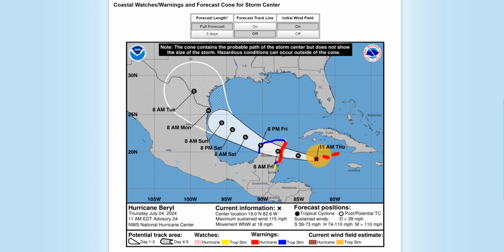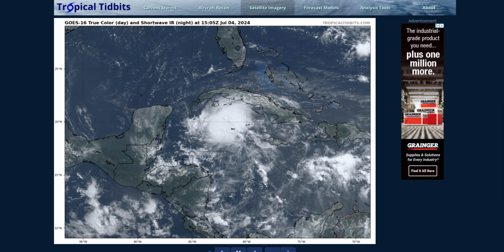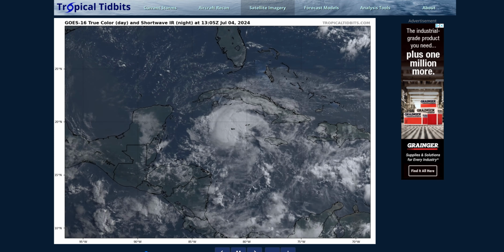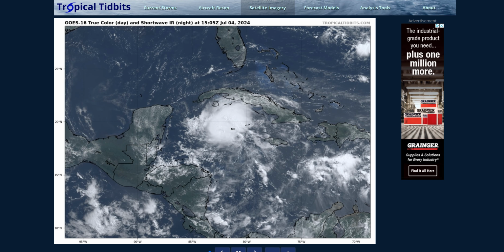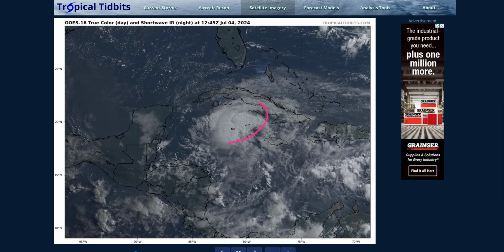So today, again, the storm is down to 115 miles per hour. Still a Category 3 hurricane, still impressive, but the satellite presentation looks much worse with Beryl today. You can see there's no longer that clear eye inside that CDO. It's all cloud-filled, and the storm is definitely asymmetrical, more oval-shaped in nature, where more of the convection is